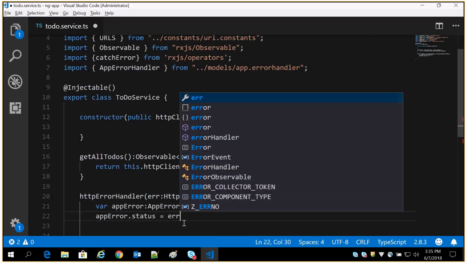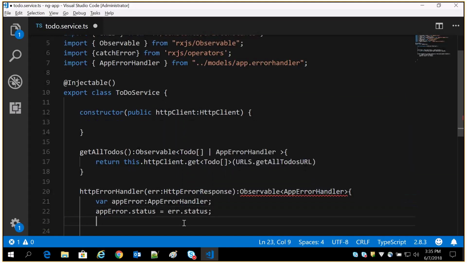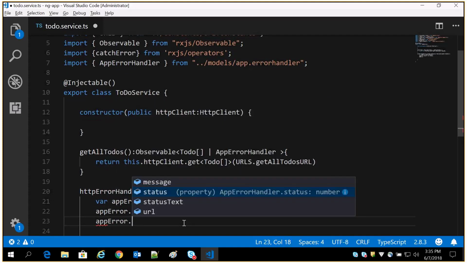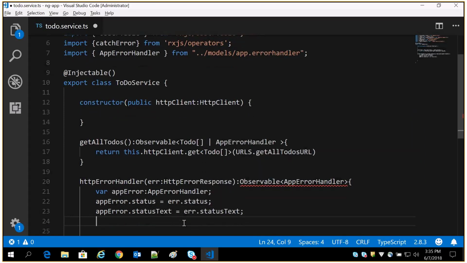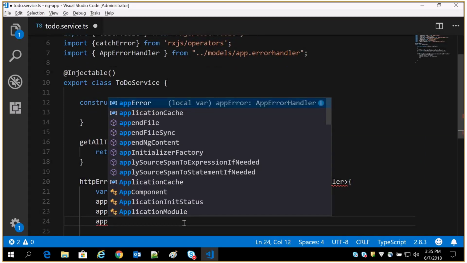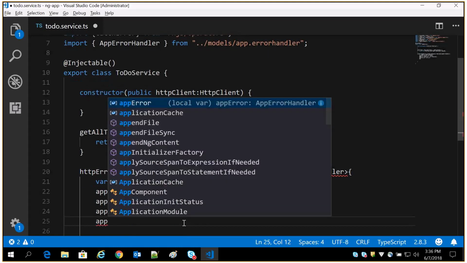So from there I can pick up err dot the status code. I want to get the status, and app error dot status text from the exception err dot status text, and app error dot URL err dot which error is that we can pick up, and finally app error dot message.